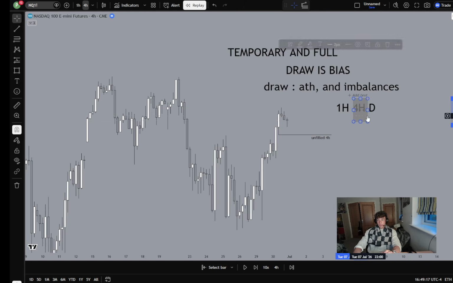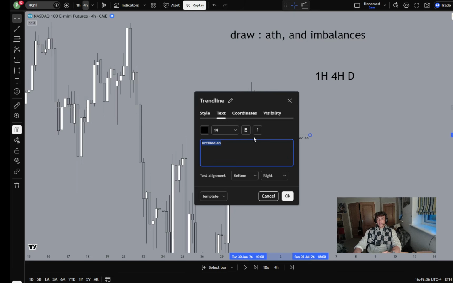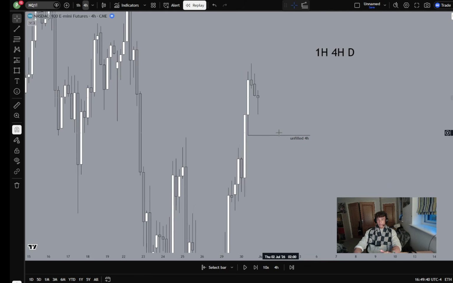Now, on this day, before we had that pump, obviously PM, I mean end of the day PM, like I'm talking like an hour before open, we decided to dump. That was because the move didn't get initiated. However, I still made my money before being trailed out on the longs. So let's talk about the longs and talk about the shorts. So number one, we identify the temporary draw. Like I said, imbalances. What do we have? We have a 4 hour unfilled.